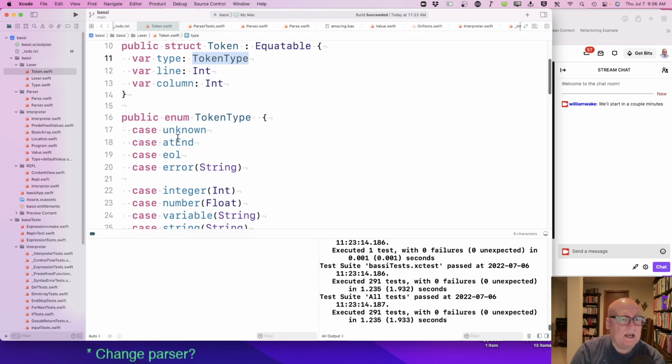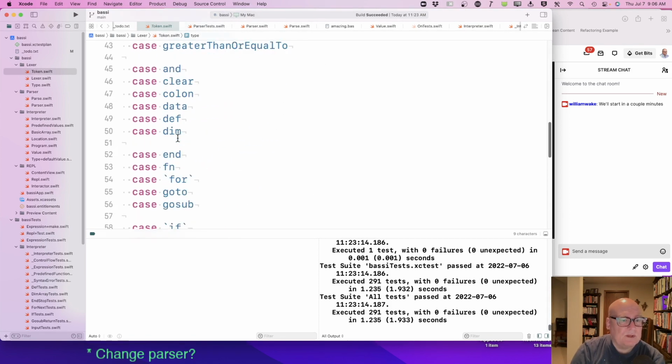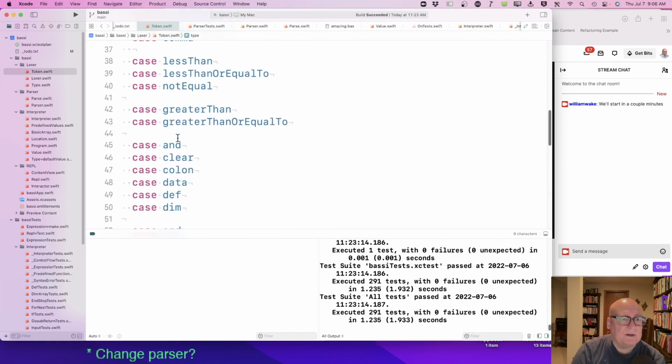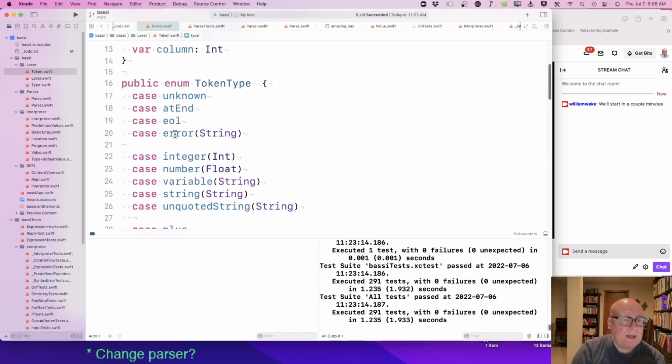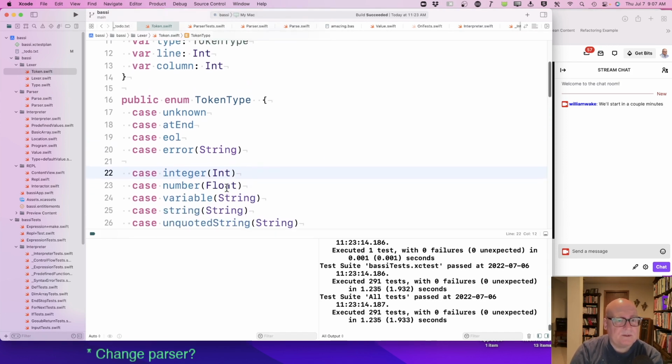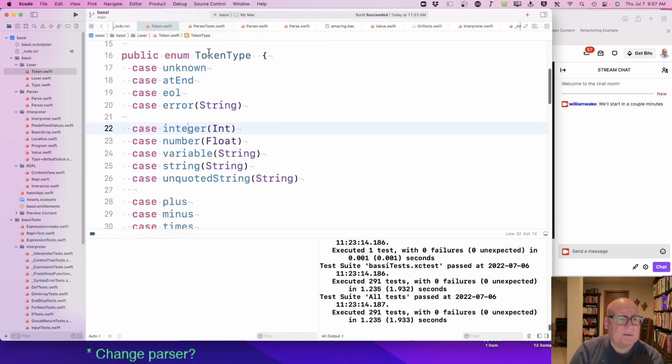And token type, well, there's a bunch of them, okay? But we got this batch up top. The error message has a string, the integer has an int, the number has a float, the variable has a string. The one change I'm talking about is probably to migrate these types up here. So give this thing a string, give it a float, maybe give it an int. The way we use int might not make any difference, we could probably get by with the float. But if it had those fields up in the top token,